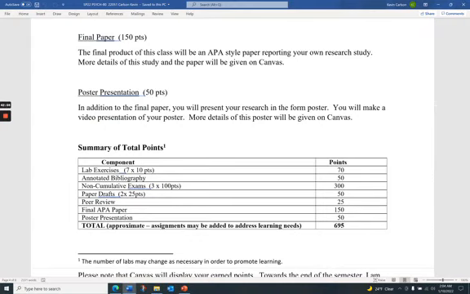And then also, in terms of your research project, you're going to present your research in the form of a poster. And we'll talk more about this later. So you're going to have a poster and you're going to make a video presentation of the poster. So we're going to talk more about this later in class, but you're going to be doing not only a final paper, but you're going to be doing a poster slash video presentation of your research also. And again, when I say your research, it's looking at somebody else's data set, deriving some research questions, hypotheses, and then looking at those data to answer those questions.